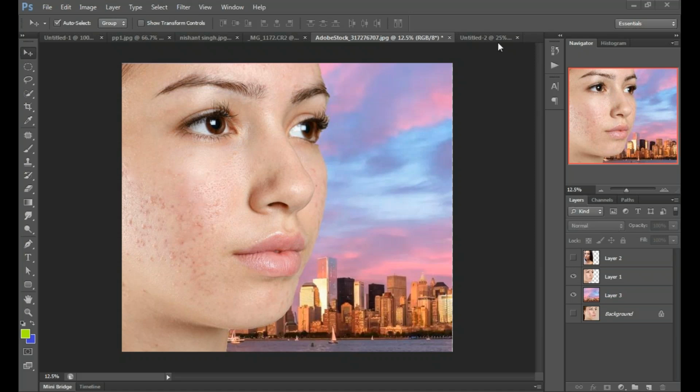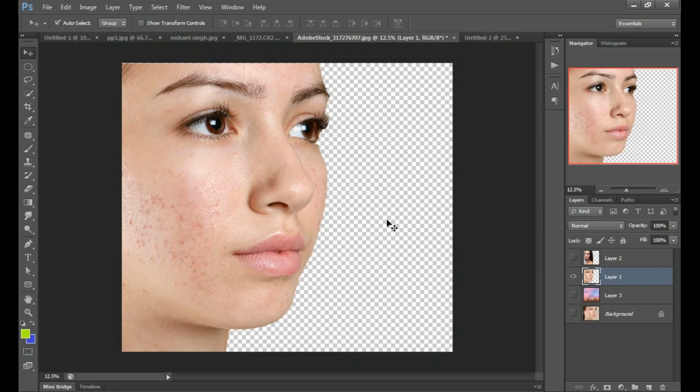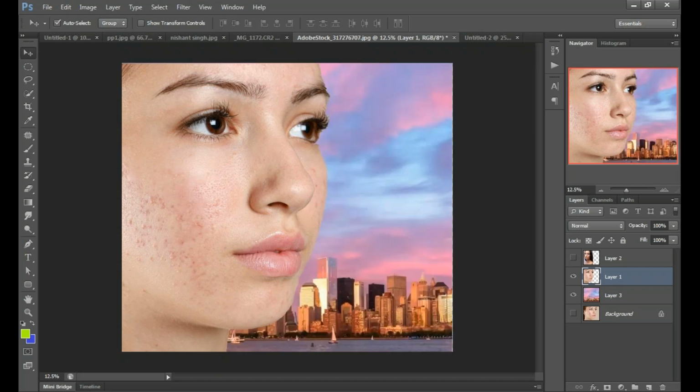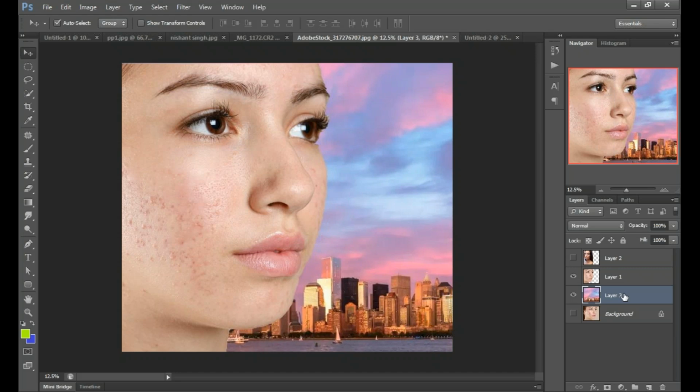What was the question? How many of you understood what I have done in this image and how to change the background? Actually, you can see we have a transparent image. We deleted the space over the face and used a different sky, a different background there. And this background is on the lower layer, so it looks like it was behind the face.